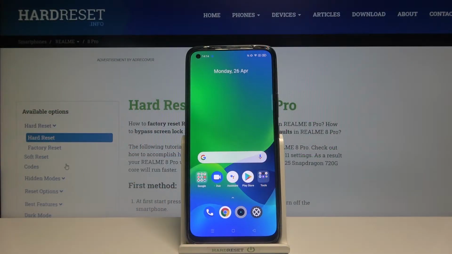Hi and welcome, I am here today with Realme 8 Pro and I'll be showing you how to change your